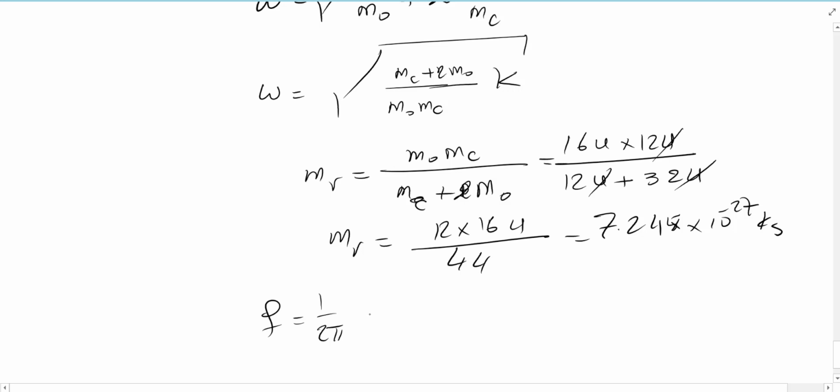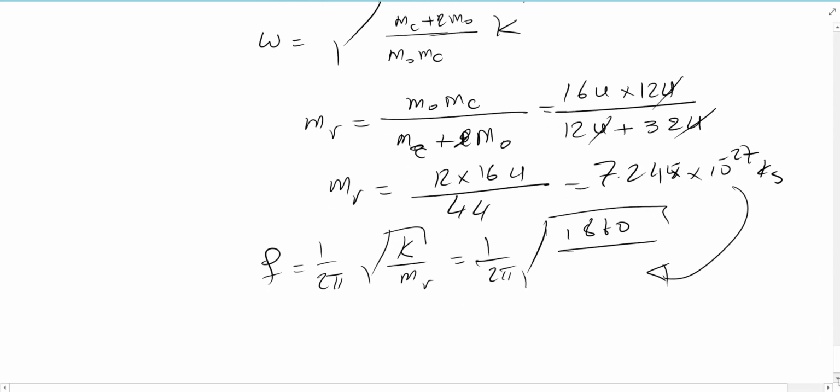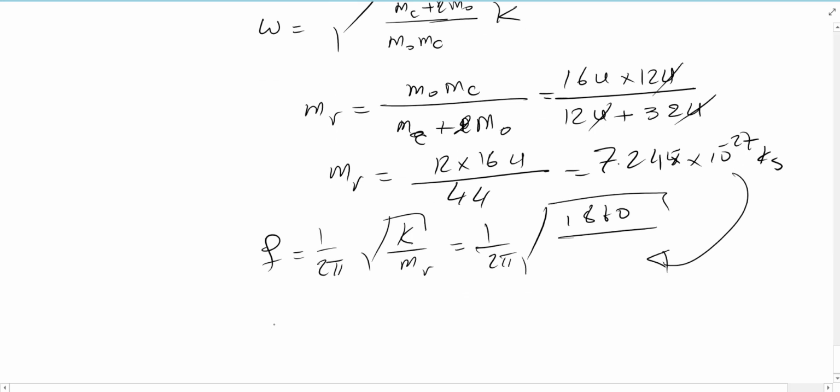Don't forget that this is in the denominator, so it's the square root of K over MR. So it's 1 over 2 pi times the square root of 1860 divided by this number under the square root. I'm going to plug in the numbers, and you are supposed to check my numbers anyway. So the frequency in this case is going to turn out to be,